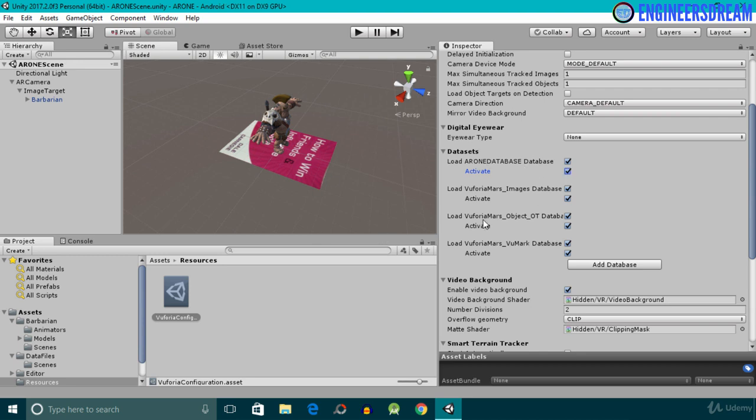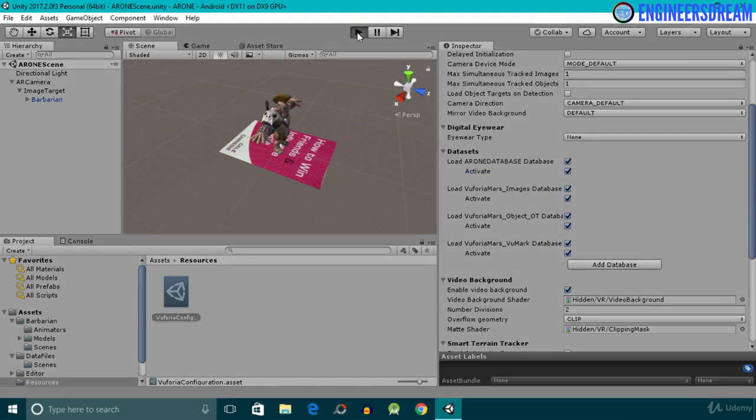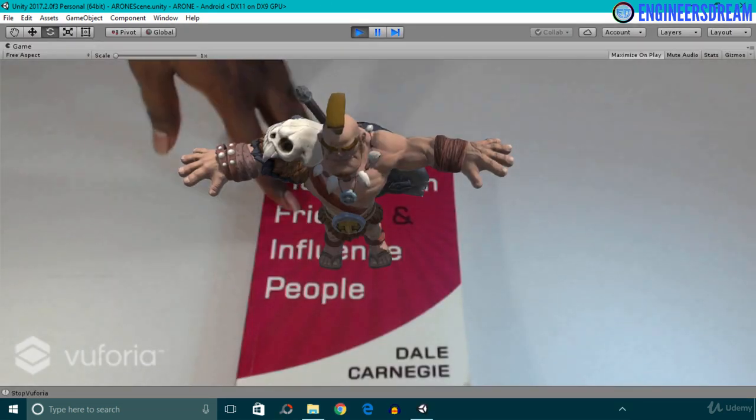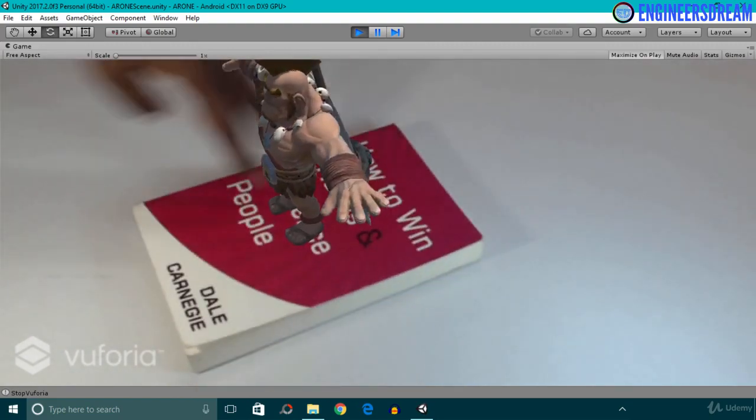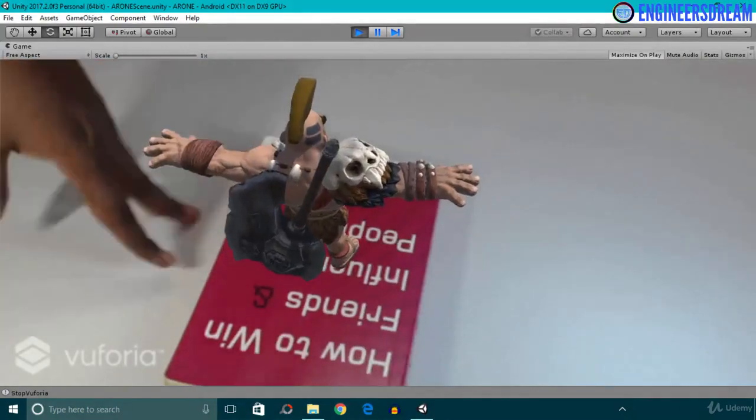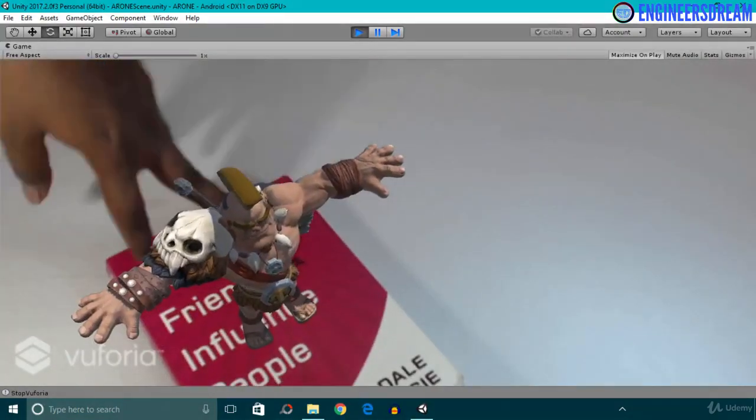Now guys, please make sure that you activate this AR1 database, otherwise you won't be able to see this Barbarian model on top of your image target. After activating the AR1 database, next I'll click on the play button, and as you can see, we are now able to see this Barbarian model on top of our image target. If I rotate the book, then as you can see, the Barbarian model is also moving.